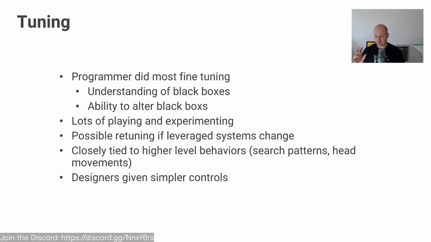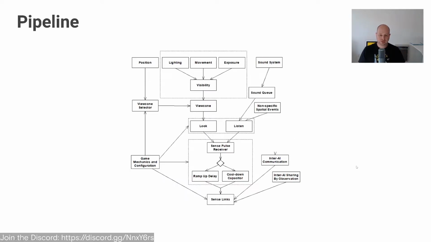And so this is, at the programming level, something that you do, and you create these systems, but then the controls need to be provided to designers at a higher level, right? Again, take that example of the weather system that affects the alertness. What you can do is turn this into an alertness dial, and so for a rainy type of scene, the alertness of the AI is like 0.3, whereas on a sunny day with no clouds, it's 0.7. And say your AI just drank a bunch of Red Bulls, then it's 0.9, right? So you can give the designers the ability to tweak things without having to go into the code.